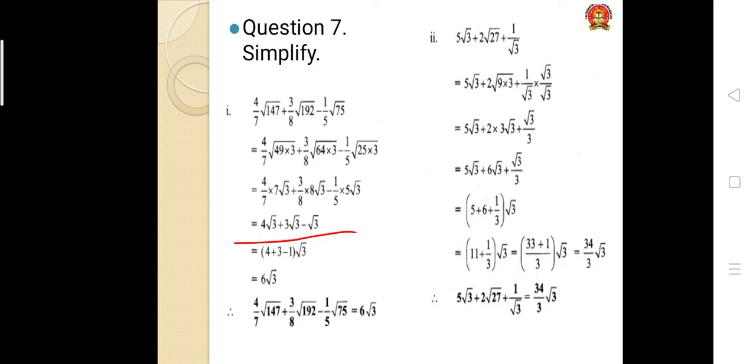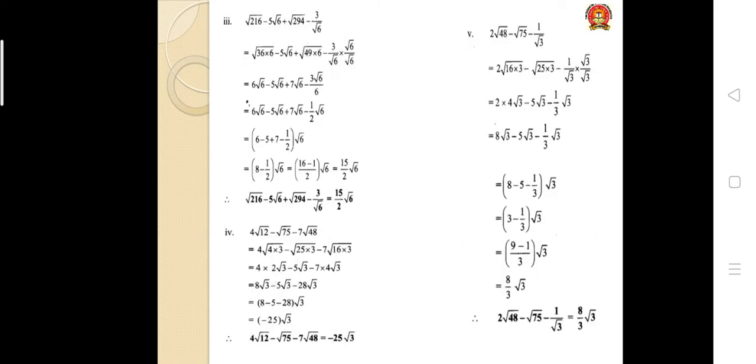Now, students, this question is question number 7. This is the question I explained yesterday. The next two questions I have given for homework. Now, see the answer for that question. It is very simple, students. Some students are doing it wrong. So, check your answer with this and write down the correct answer in your notebook.